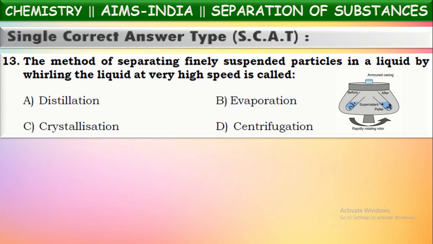These are the equipment they use for centrifugation. This is called a centrifuge. So they take the suspension mixture in a test tube and it is fixed into the centrifuge. When this machine rotates these test tubes at very high speed, the suspended solid particles will settle down like this in the container. In that way, liquid and solid particles are separated. Okay, this process is called centrifugation. Generally, this process is used for separation of cream from milk and different samples of blood. For the separation of all these, they use this technique called centrifugation.